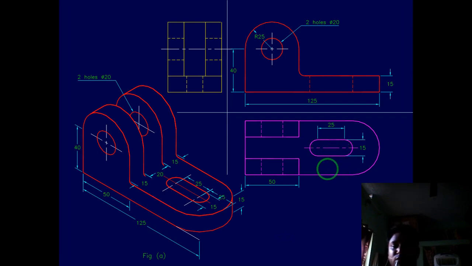Hope you all understand. There is nothing more explanation I can give here, because the question is there and the answer is there. You just have to analyze the things in the front view, top view and side view. Mainly draw hidden lines and thick lines, and show the dimensions. We'll continue with one more problem in the next video tutorial.